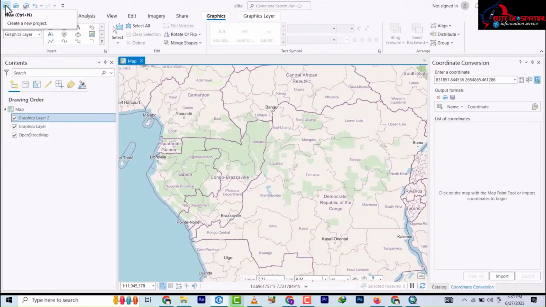So last but not the least, we have something up here which we didn't touch. This is more like you open a new document, a new map document. Then this is where you're saving, you're importing your map document, and then you're saving your work, normal saving. Then this is undo and this is redo. Okay, so